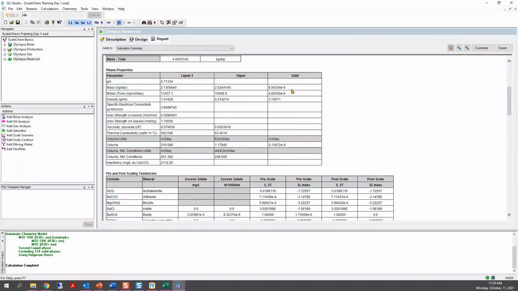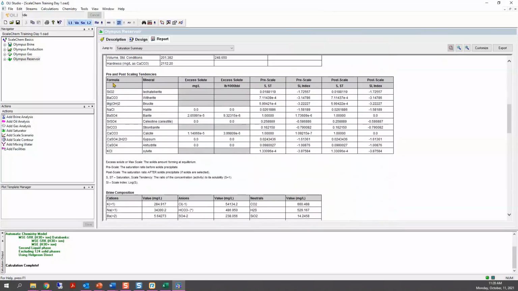You'll see that the amount of solids that are formed is minimum or null. The reason is that since we are saturating, the software is making an assumption that a small crystal of calcite and barite form. Because if we are calculating saturation, we have to form that first crystal of that mineral, since that is indicating saturation. So that's why you're seeing this solid tab here, but in reality, you are not having solids. It's just that the solution is saturated with the minerals.